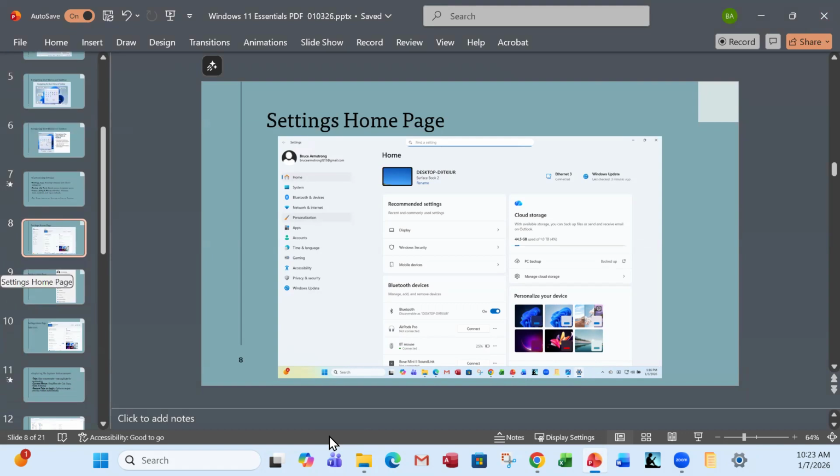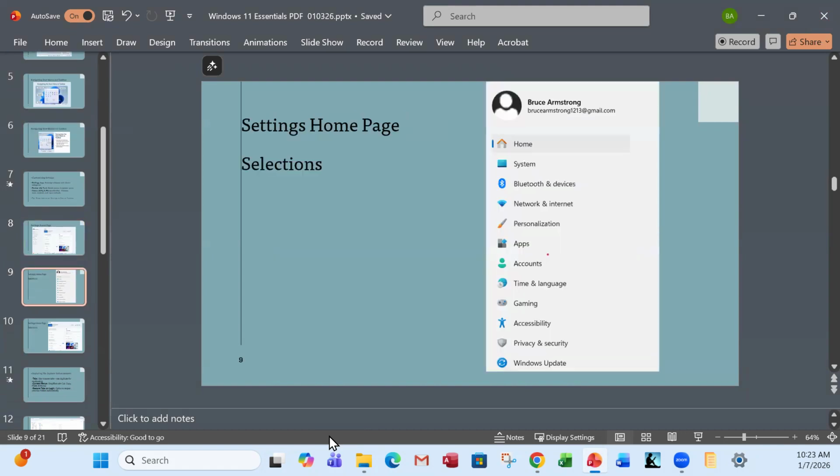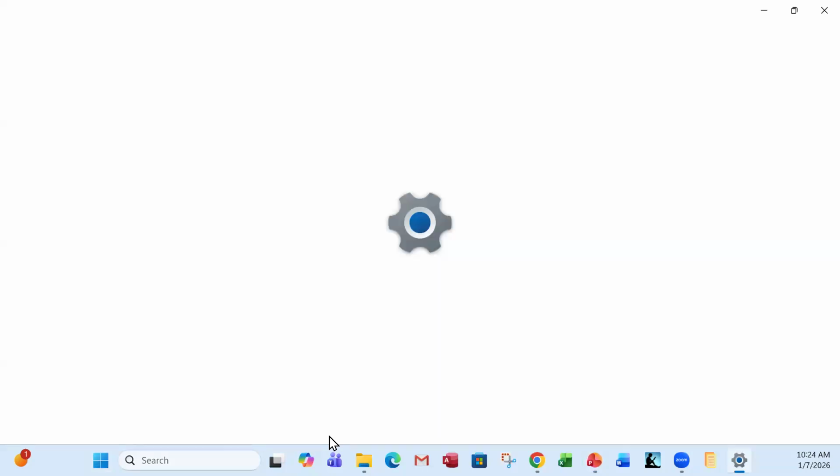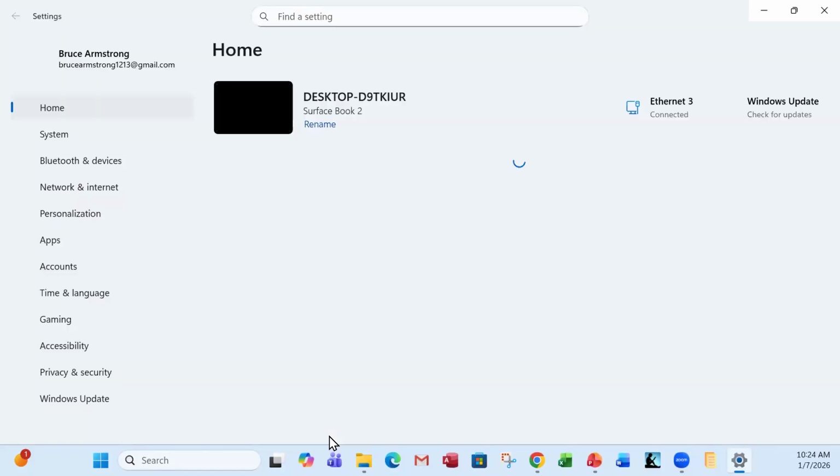Get out of that, back to the screens. This is just an expansion of what goes down the left-hand side on their settings. I do want to mention also, when you go to System, the first one on there, if you were ever asked by one of us, well, what kind of processor do you have, or how much memory do you have? If you go to the settings and System, which is the first one,